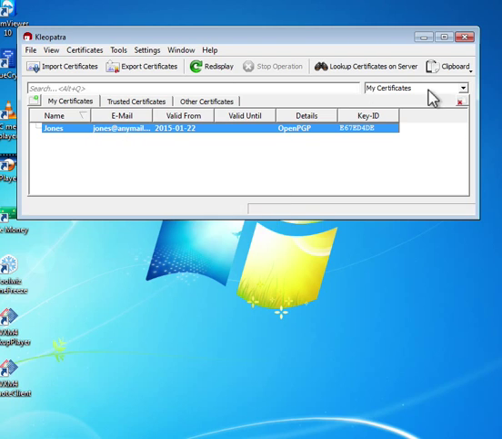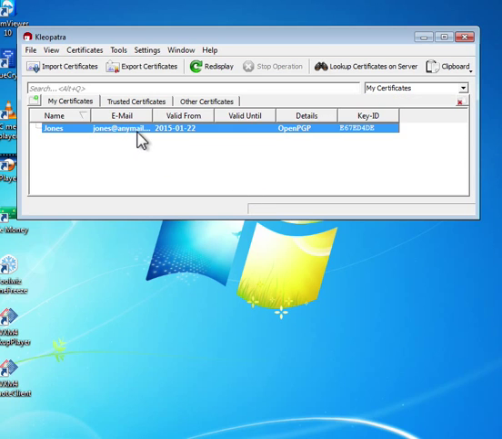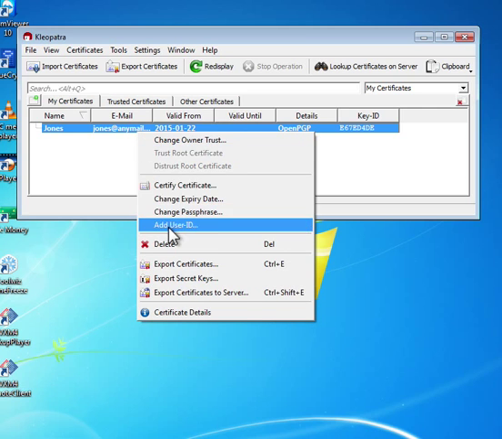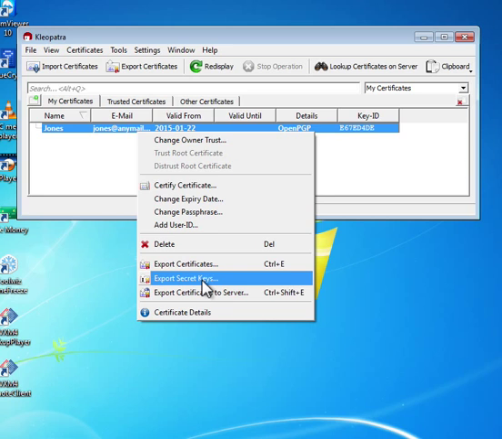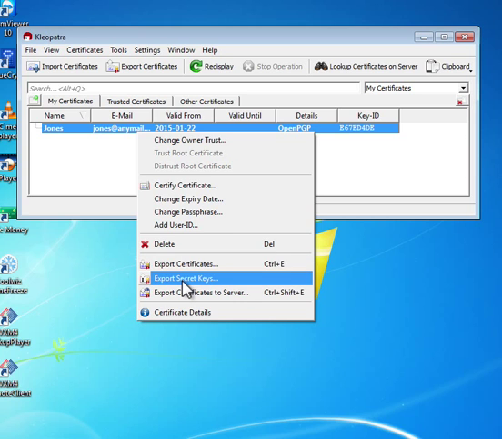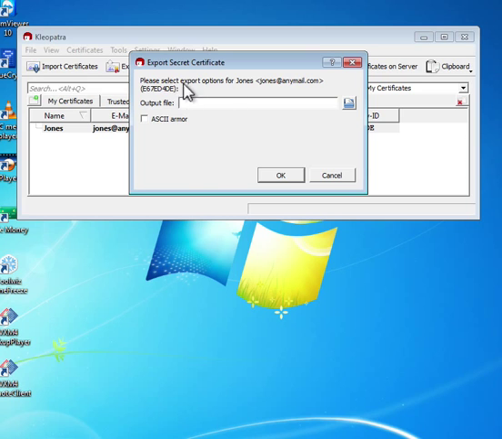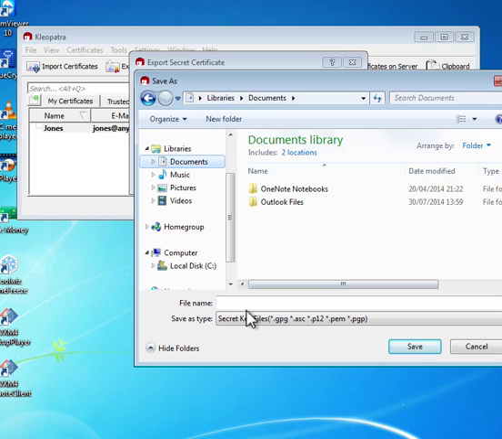Now, you can select from here all your trusted certificates and expiry and everything. So if we leave that as it is, and if I right click, you can then change expiry date, change passphrase, add user ID, export the certificates, export the secret keys, and export certificates to server. So all we need to do is these two. So the secret key export, you can do it from here. You have to give it a name for this email. So the output file will be, I don't know, we'll put it in the documents folder in here. So secret keys,